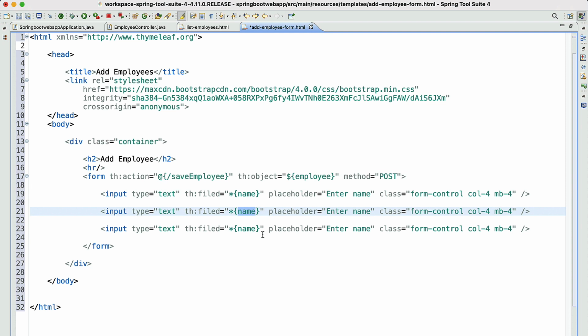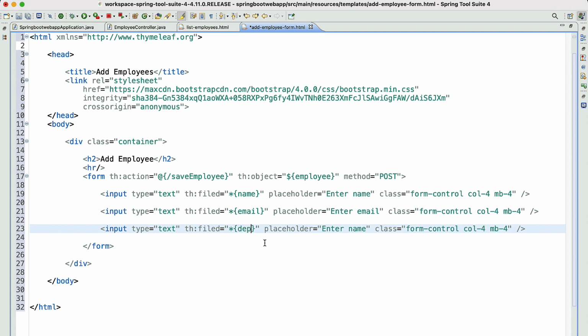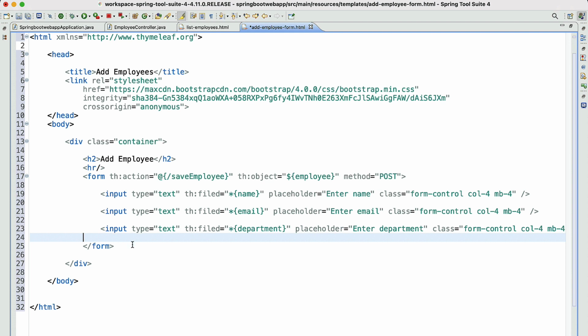The second input text box represents the email, and enter email, and the third text box represents the department, and let's add the text enter department, and we need to add the submit button, the button text, which is save.